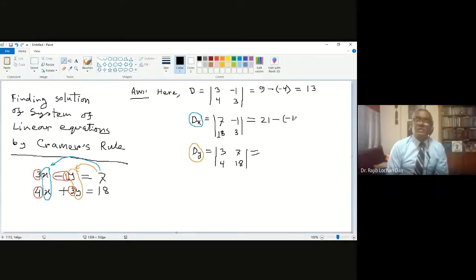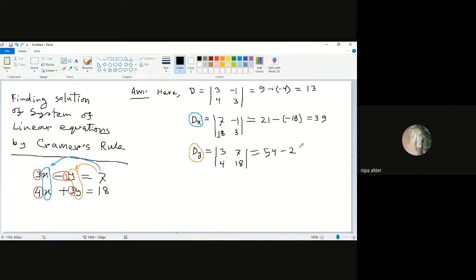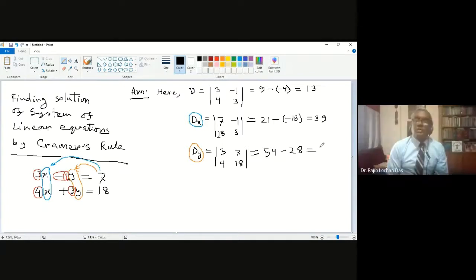Minus 18. Minus 21, 18. So it will be 21 plus 18. So 39. And this is 3 into 18, 54. 54 minus 28. Right? 26. Yes, sir. So it is 26. Now you will find out, okay, you can write it, by the